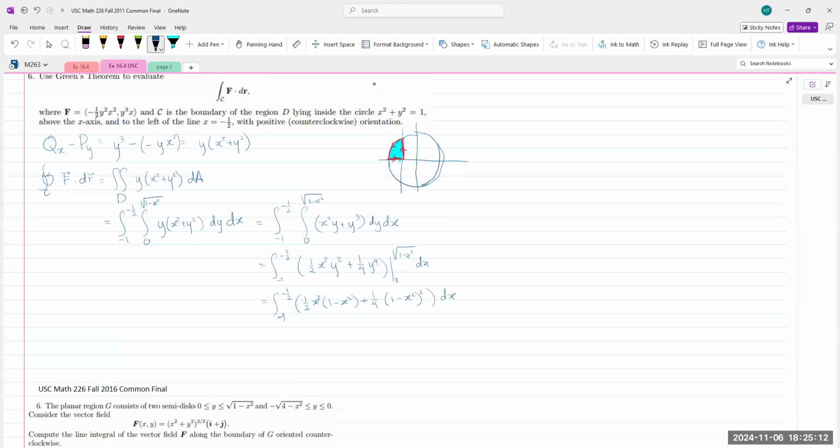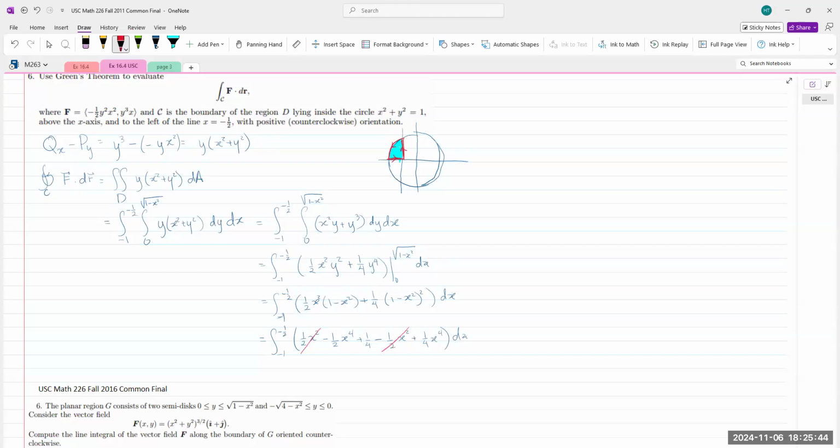I think I can factor the... You can factor or you can just distribute that. I think I will just distribute it. 1/2 x squared minus 1/2 x to the 4th plus 1/4 minus 1/2 x squared plus 1/4 x to the 4th dx. Oh, 1/2 x squared cancels,